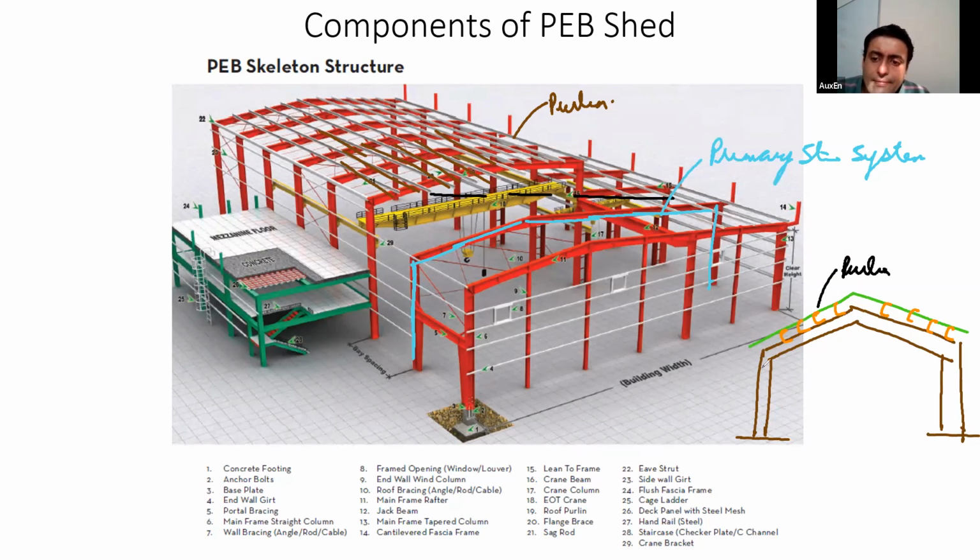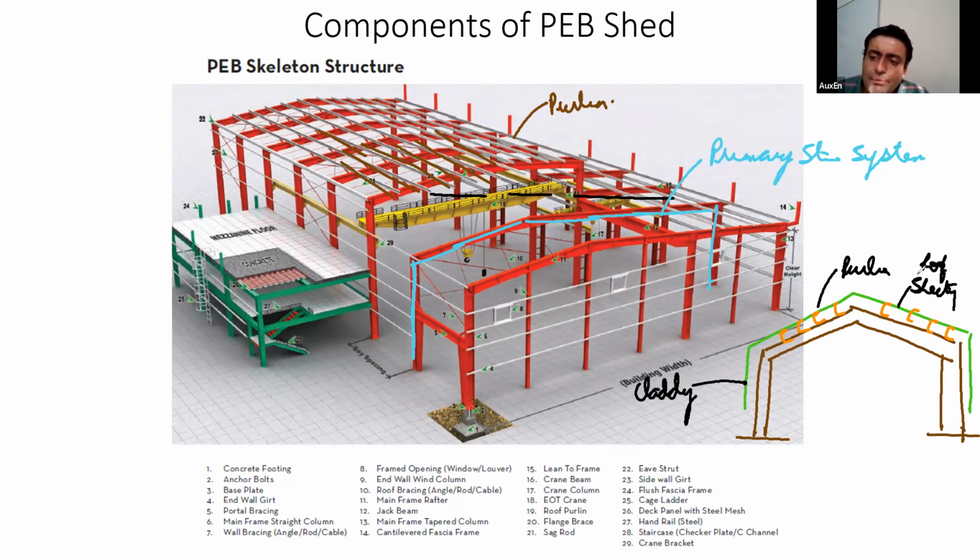Similarly, I also have to wrap up, or cover my structure on the sides. When we cover our structure on the side, this covering, we call it sheeting. So this covering on the sides, sorry, cladding. When we provide it on the sides, we use the word cladding. And when we provide it on the top, we use roof sheeting. They are one and the same thing.